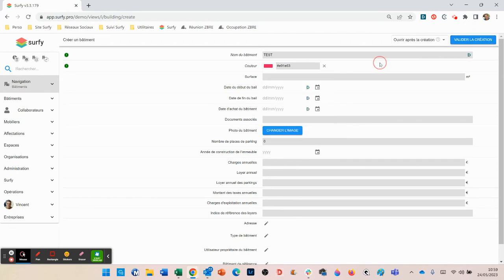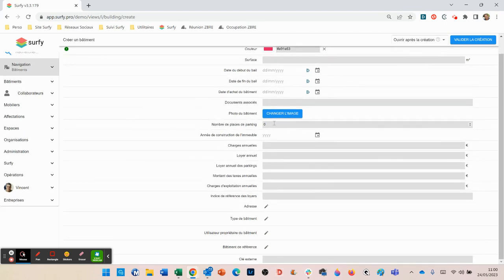building. But you can also complete with additional information, such as the theoretical surface area, the start and end date of the lease if you are a tenant, a date of purchase of the building if you are an owner. You have a line to indicate links to related documents. You have the option of putting a photo of the building, which will be visible on the home page of the reader profiles. And then you can complete with a number of parking spaces, a year of construction, annual charges,